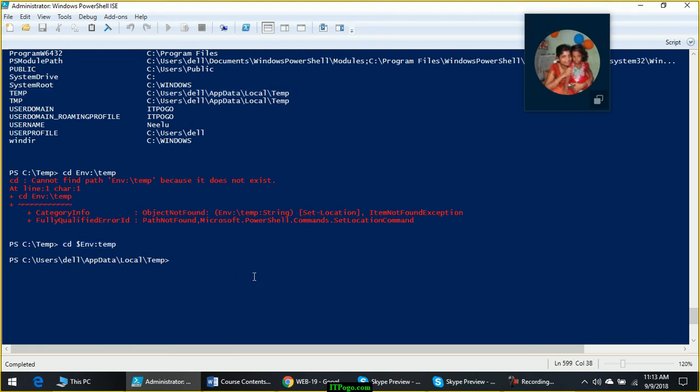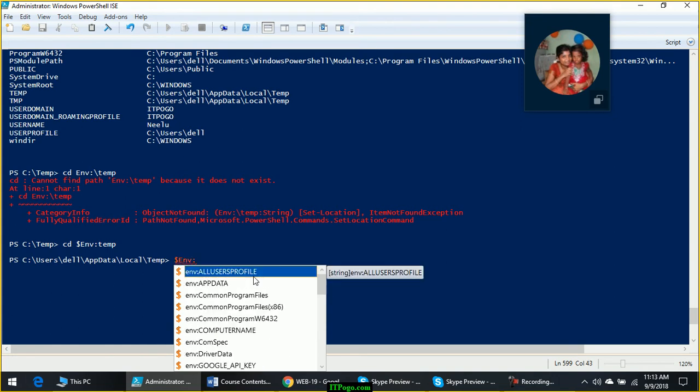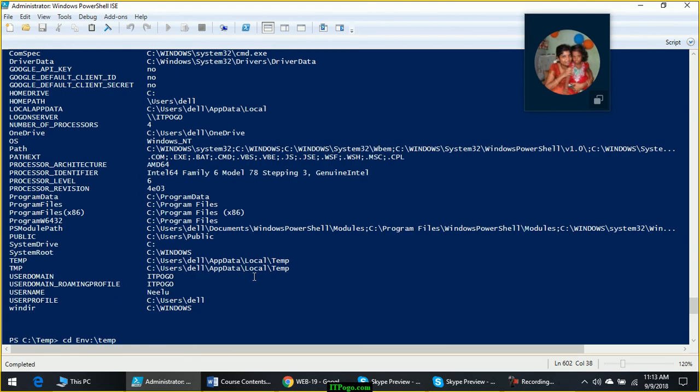Now if I want to find the name of this computer, you can use $env:computername, because there is a variable called computername available here.